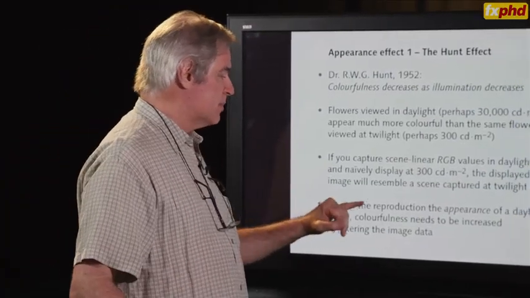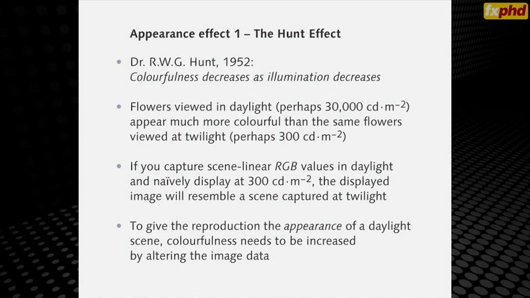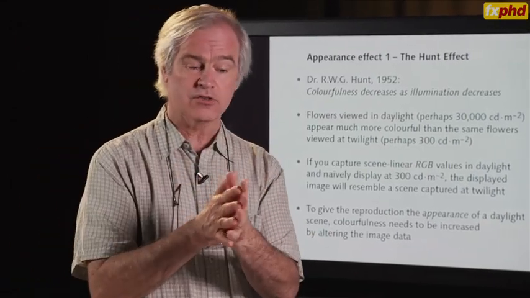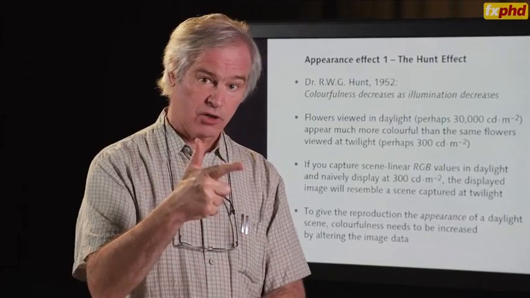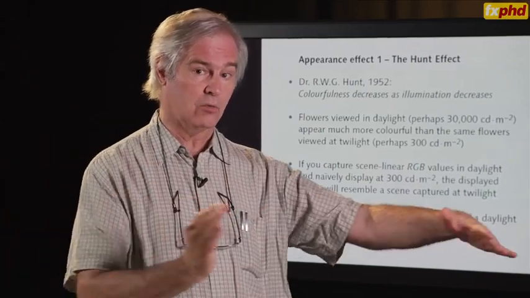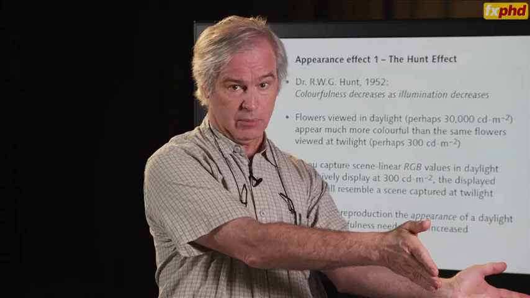So to give the reproduction the appearance of a daylight scene, the colorfulness needs to be increased by altering the image data. So the Hunt effect is the first of three phenomena which alter appearance on the way through the system that we have to compensate. The second one